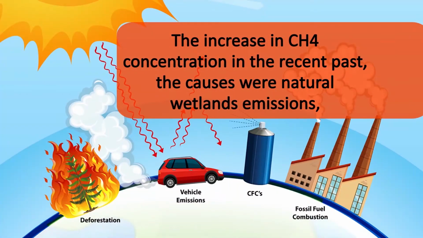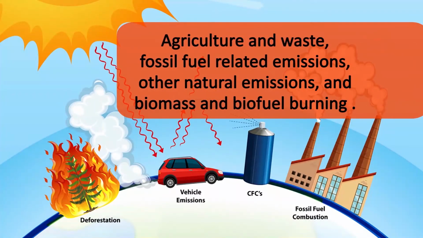As regards the increase in the carbon dioxide concentration, we have talked about the main reason: fossil fuel combustion. And as far as the increase in the methane concentration in the recent past, the causes are basically the natural wetlands. They are the main important causes. Thereafter, there are agricultural activity, waste management strategies, and of course fossil fuel related activities also. And these are all the reasons why the methane emission is increasing in the past 2 centuries.